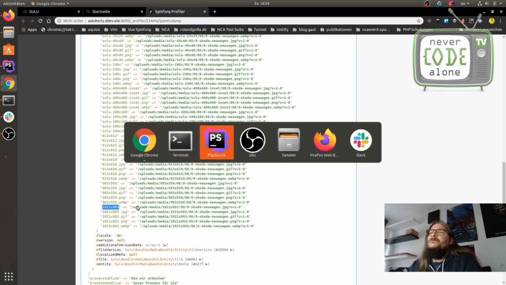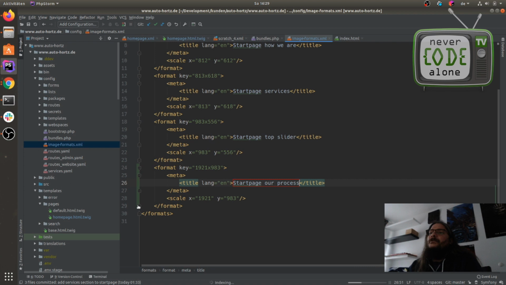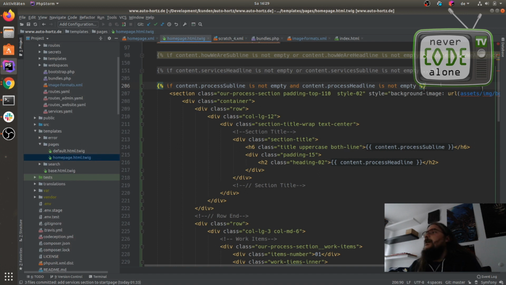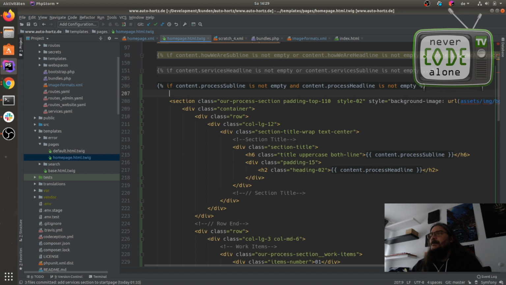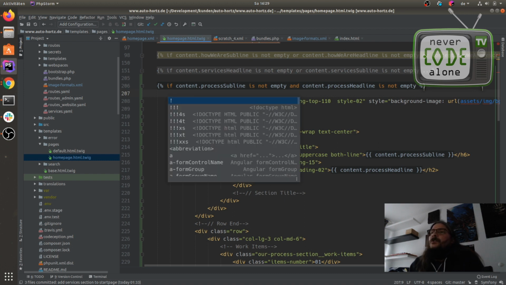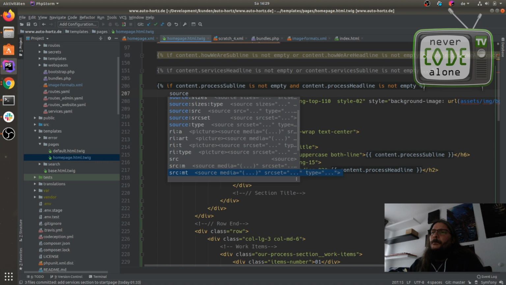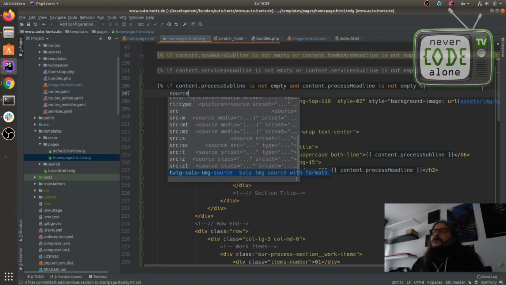Okay, so back here on my Twig template, I have here a live template for the source. Where is it? Twig Sulu image source.